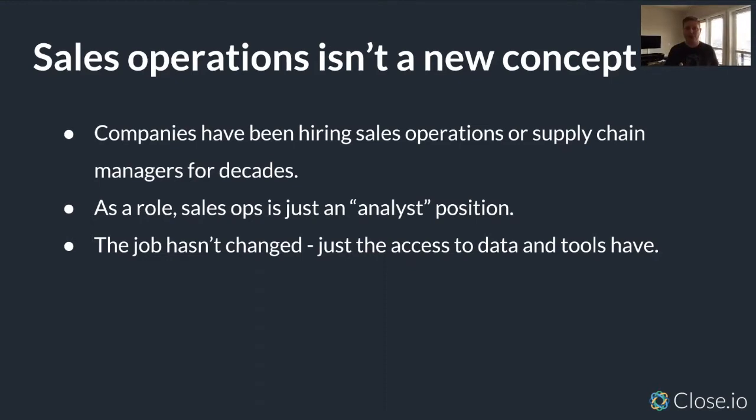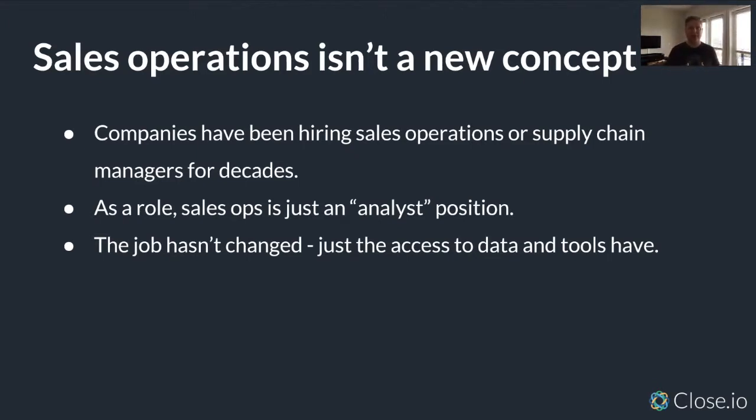So before, the data wasn't there. You would have to really force the sales team to record the information. It would be a very manual process. Now we have all these tools that are generating the raw data in the background, and you have access to it. But it creates another issue where you get flooded by that data, and it's really hard to decipher what's actually happening because of just drowning in it.